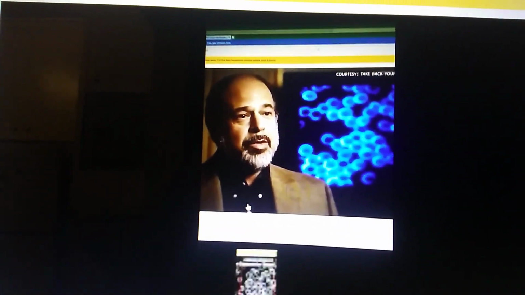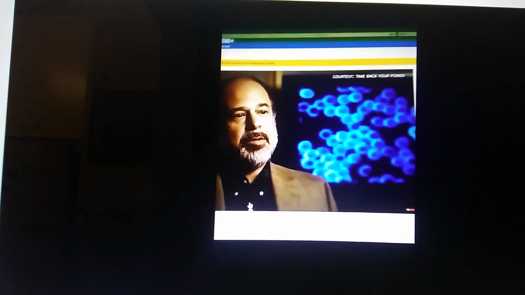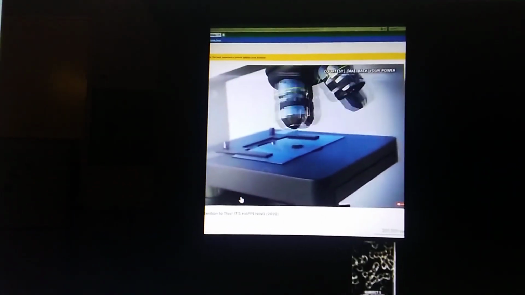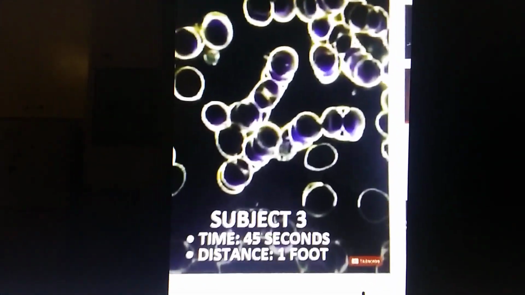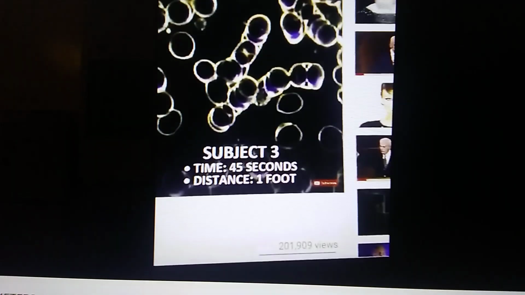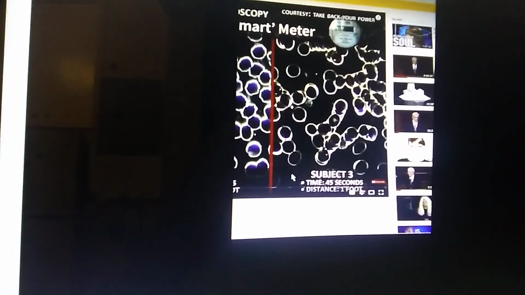People stood 1 foot in front of the smart meter, and in every single case, the human energy field was obliterated as they stood in front of the smart meter. So in our first slides, what we see, red blood cells are stacking up, which makes it very difficult for the blood to deliver oxygen to the tissues as would be their normal function. Every single one of these is a degradation. Every single one of these shows a trauma to the blood cells, and that came from something, and the only variable was the smart meter.